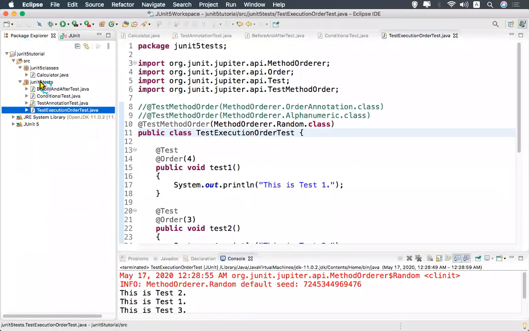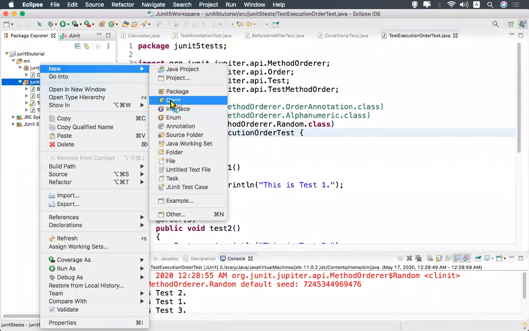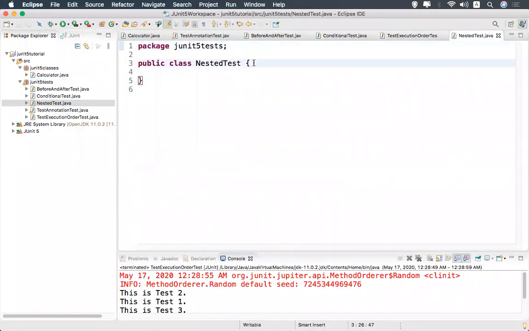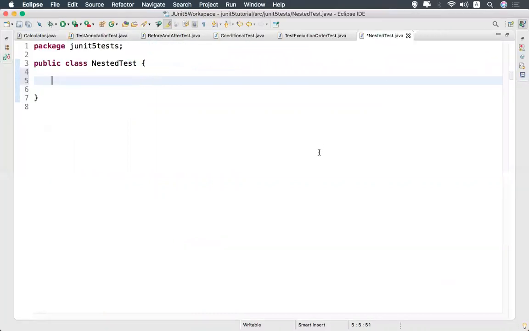So in the same package, a new class, NestedTest. First I'll write some tests.